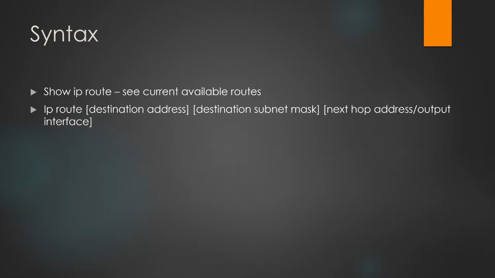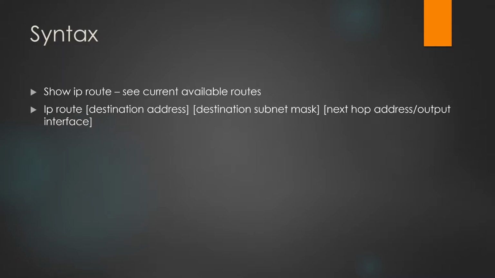And in order to set up those static routes, you'll be using the IP route command. There are two variations of this command. The IP route command is IPv4, and there is another command, IPv6 route, which will allow you to create routes using IPv6 addresses instead. So now that we've gone over the basics, let's jump into the example I have set